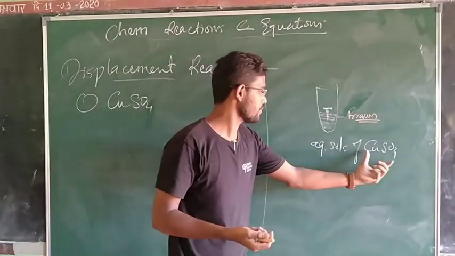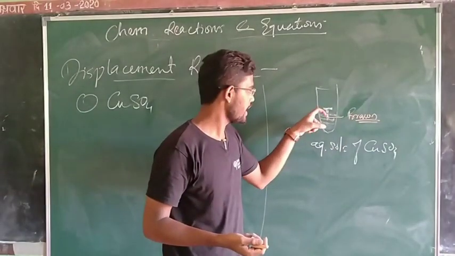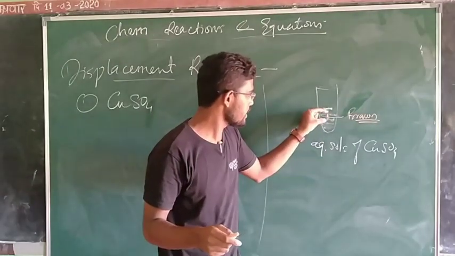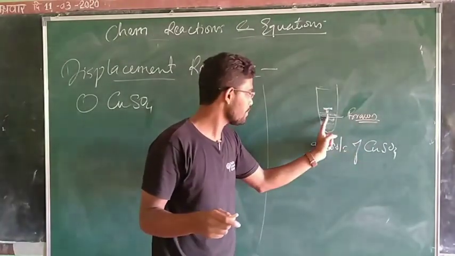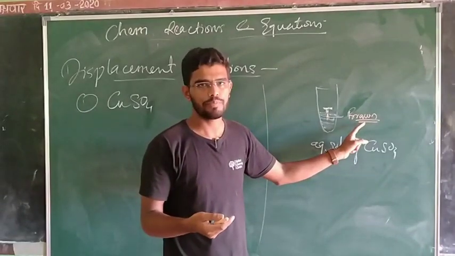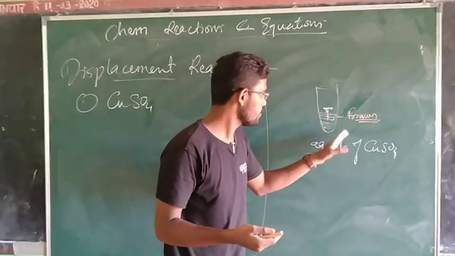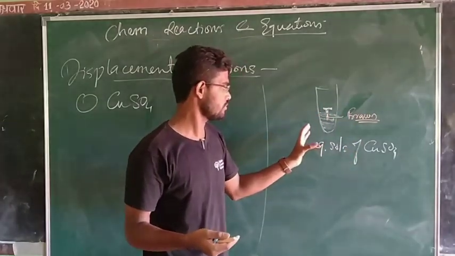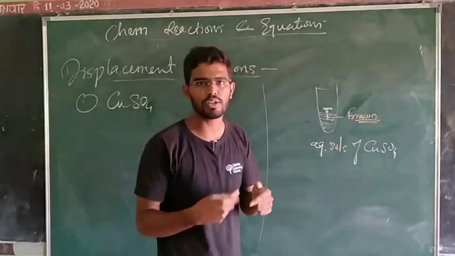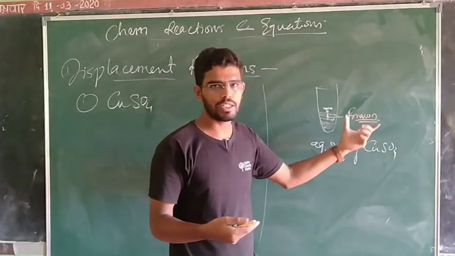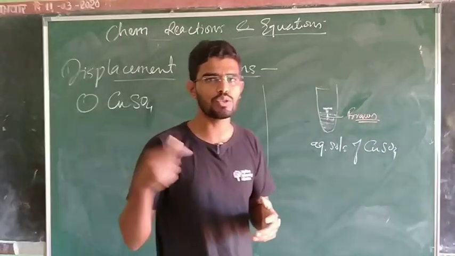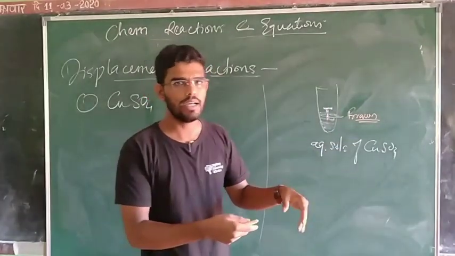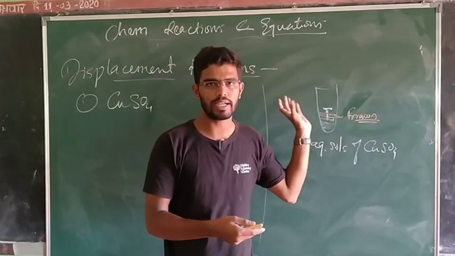What is the activity that we have? We have been given an aqueous solution of copper sulfate. Into that, we need to dip an iron nail. After some time, whatever iron has got dipped into copper sulfate, that part will turn reddish brown. Now that was the observation that we have made. On the basis of this observation, we need to conclude what had happened in the reaction. Before we go to the conclusion part, we have done this experiment. Take a look at that, and then we'll get back to understand the reaction part.